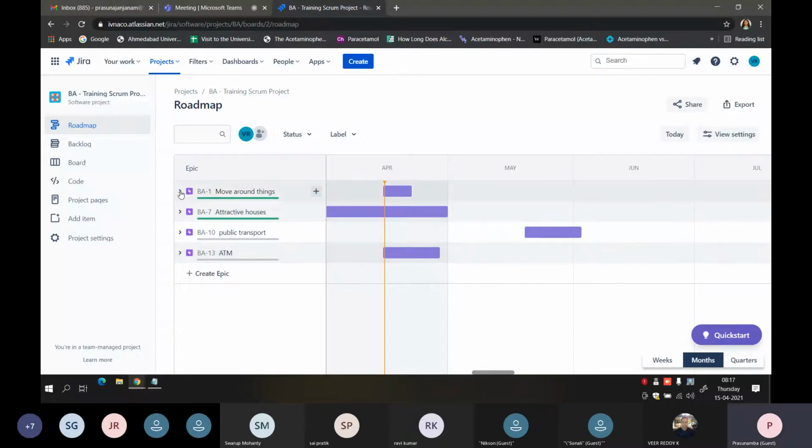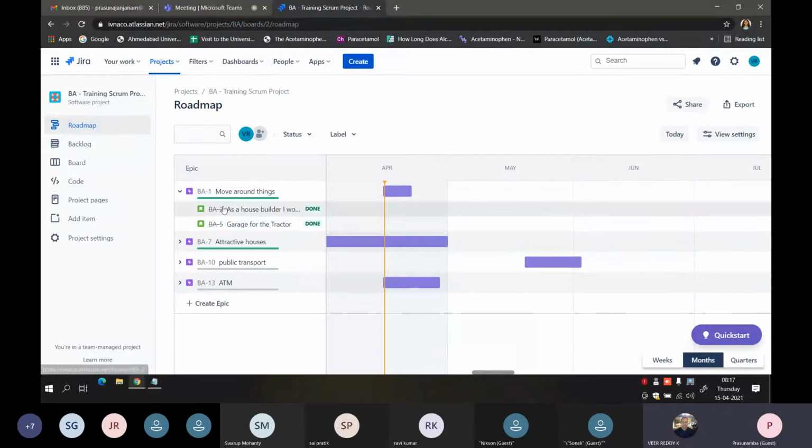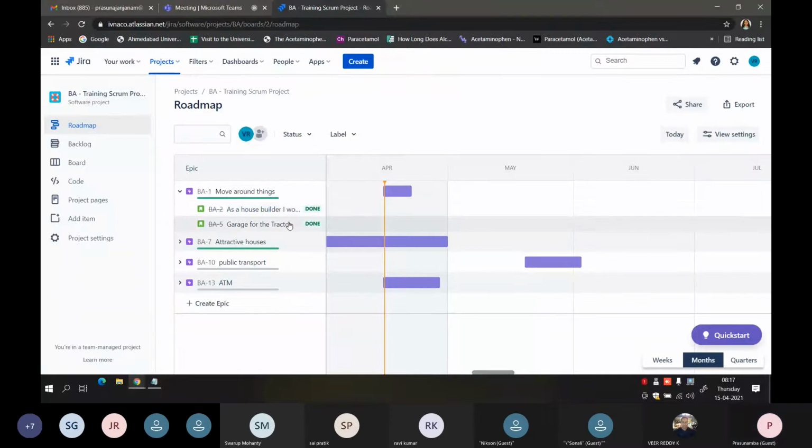Okay. So this helps in expanding and closing the epic. If you expand, you see this epic is done, and these are the child stories related to this epic. It shows the status of each story. The story over here is completed, so that is moved into done state.